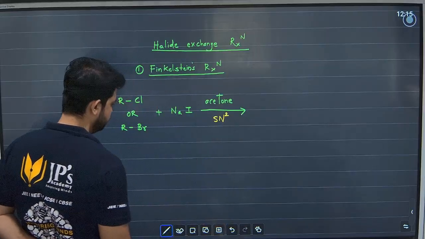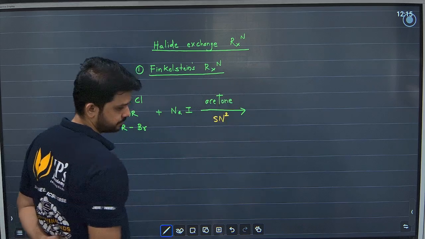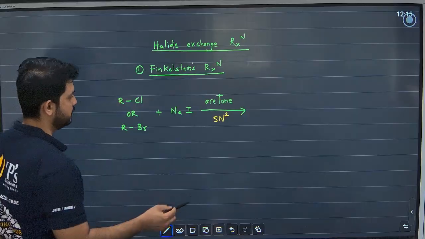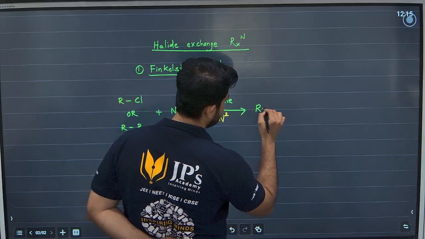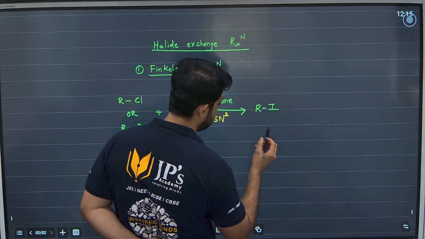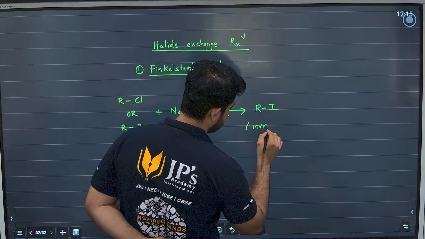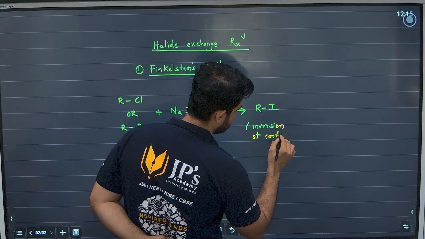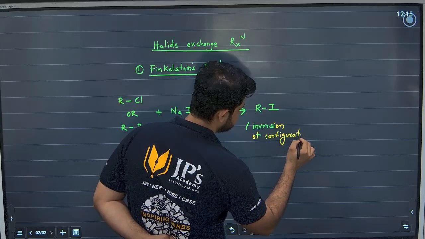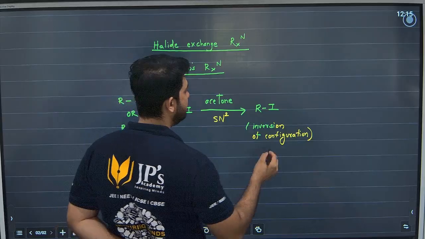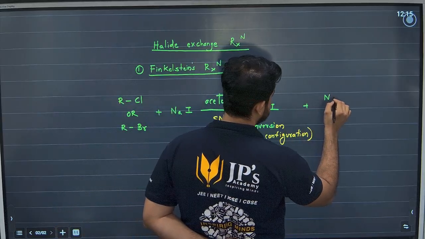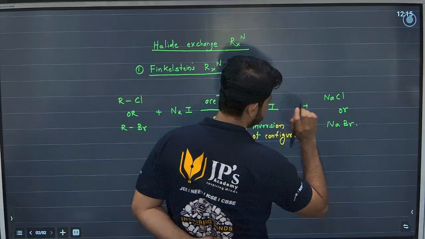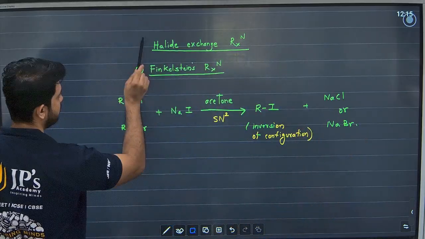SN2. So remember SN2 है, so the product will have inversion of configuration. यहाँ पे what do we get, people? We get RI. ठीक है, please remember here inversion of configuration. ठीक है, and NaCl or NaBr. Now